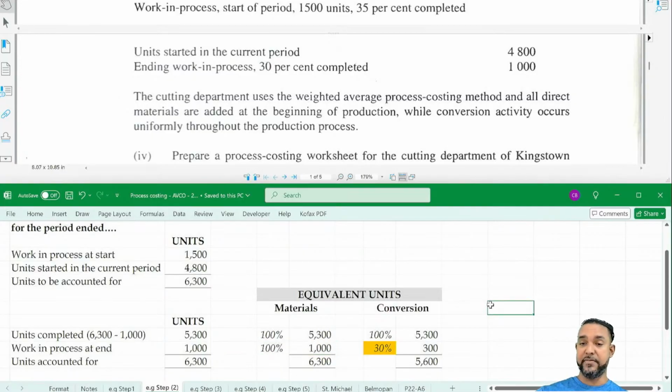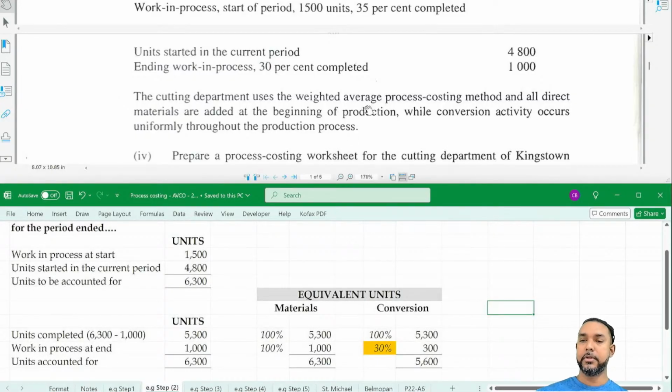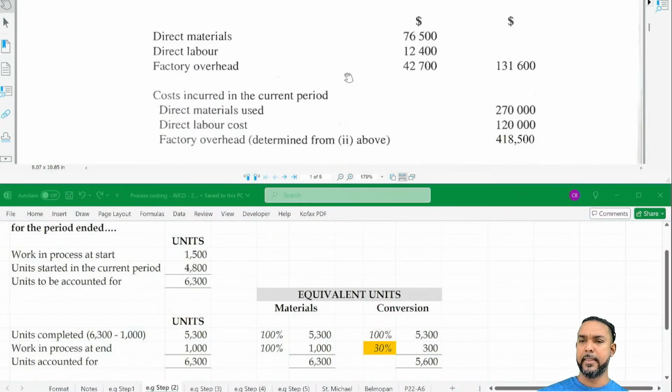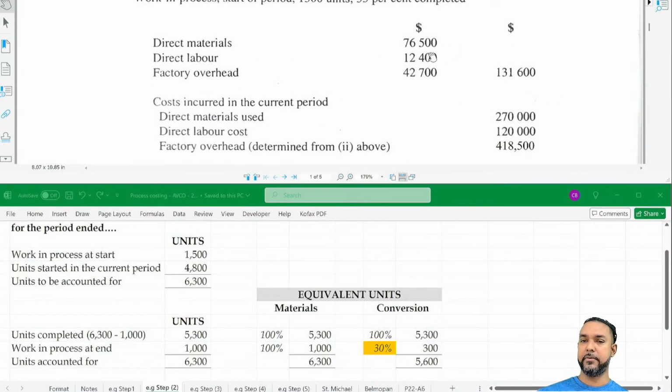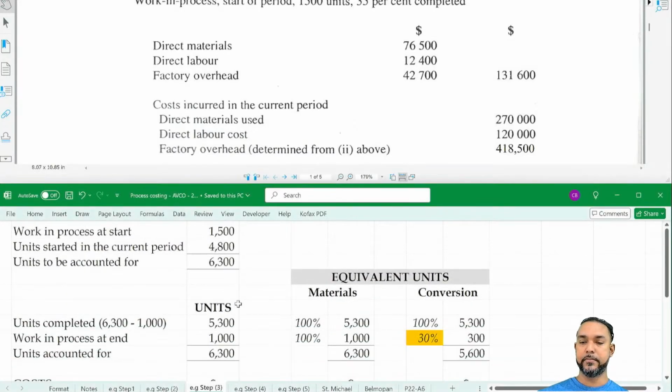Right, so we have the second step, which is calculate equivalent units. Next, identify the costs to be accounted for. I could undo the split. We can see all of those costs here. For the working process at start, we have these 3 costs, which we'll combine, these 2, direct labor and factory overhead, because we want materials and conversion. Do the same thing for the costs incurred in the current period. So for step 3,